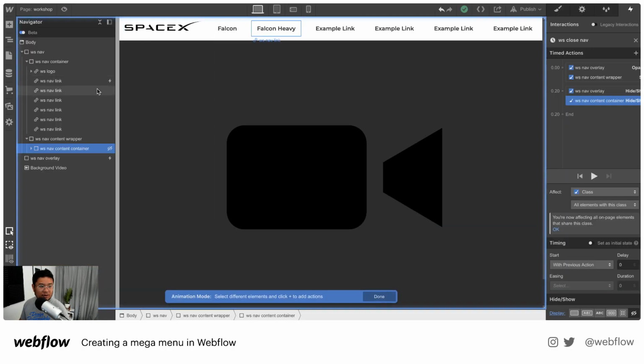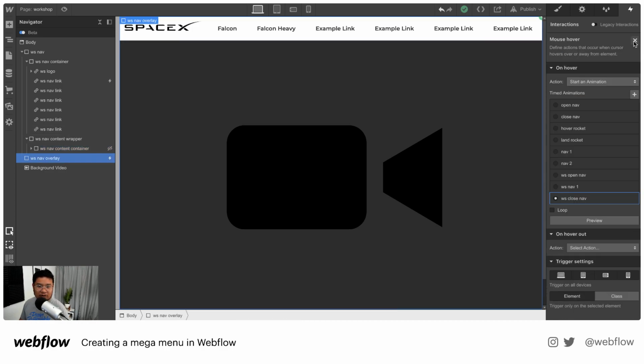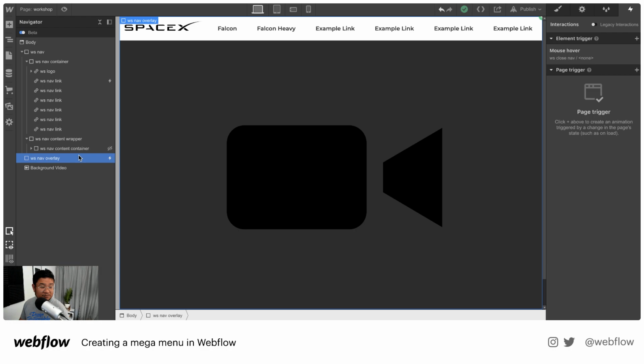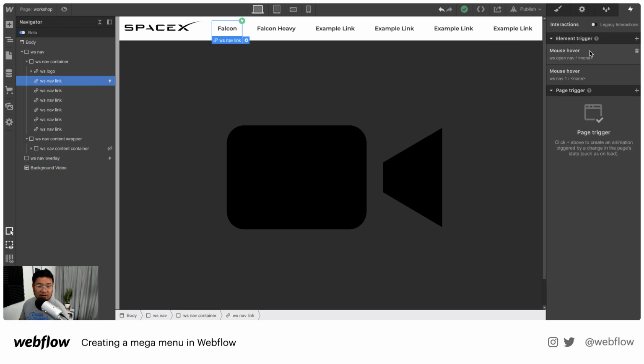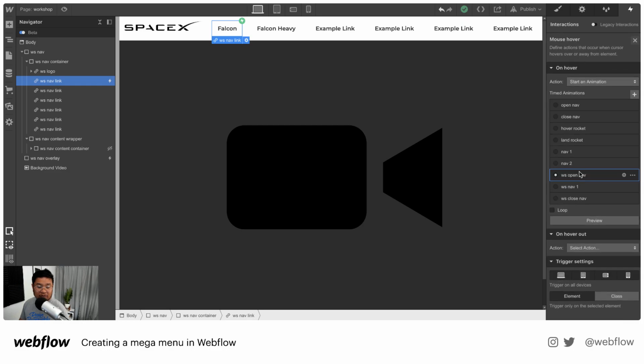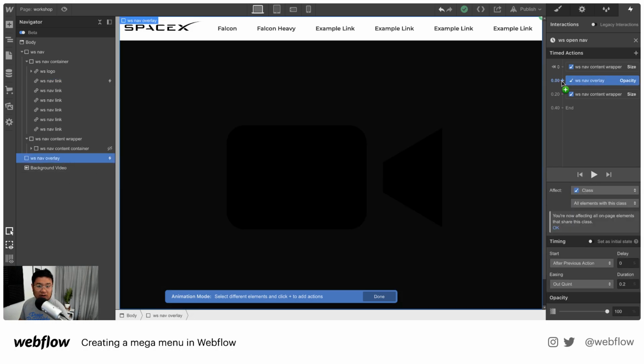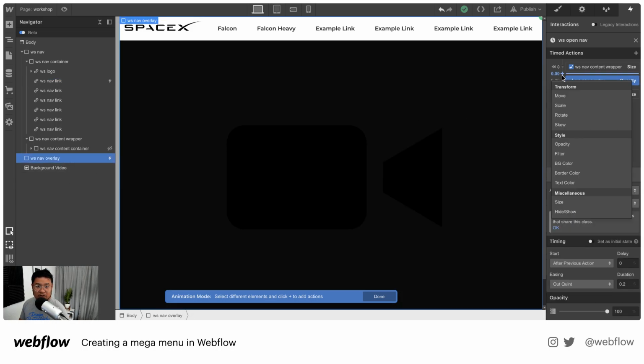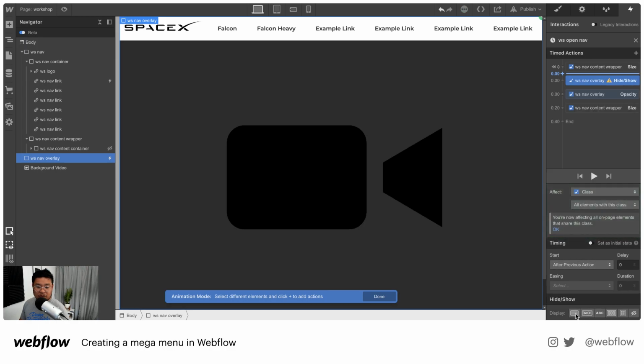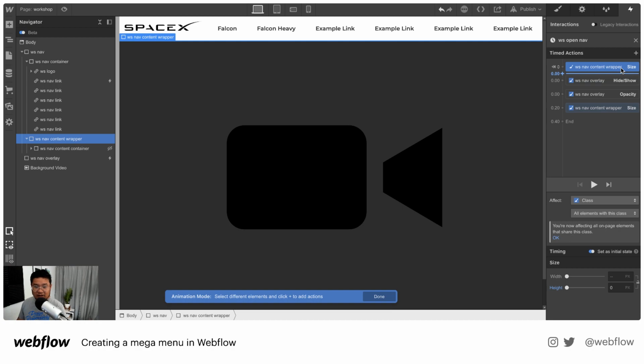Oh, look at that. Oh, I forgot to turn it back on. The nav overlay is supposed to be on. Where is that? Right here. So when I open the nav overlay, it should turn on. There we go. So what it's doing is the size, again, the size of the content wrapper, the thing with